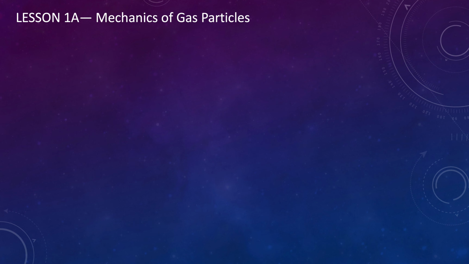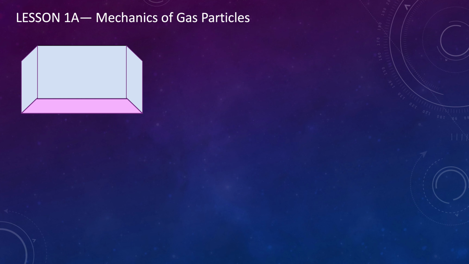In this video, I'd like to look at how we can use a very simple physical model for a particle in a gas phase to understand something about what temperature really means. So what I'd like to do is propose that we've got some sort of box. Now I've cut away the front face and the top face of this box so that we can look into it. And I'm going to put a particle in here, and I'm going to further suggest that this particle moves